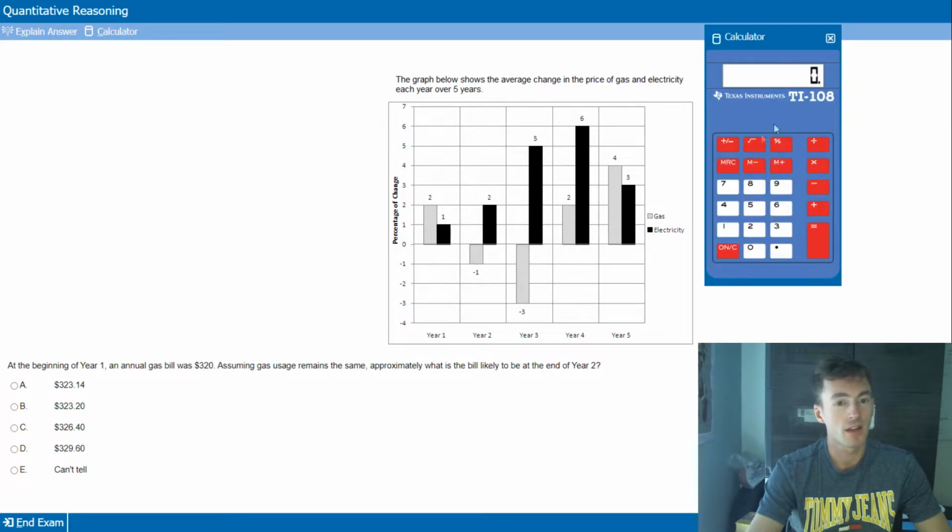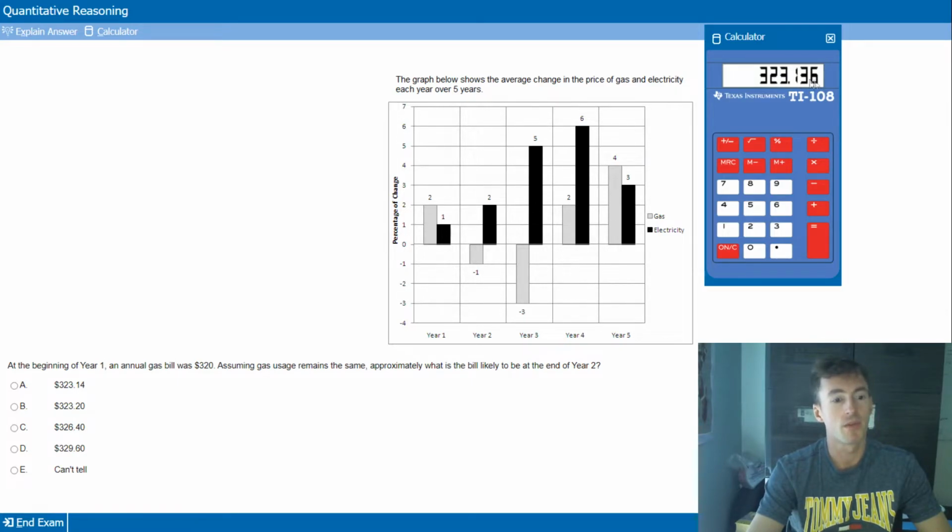So let's get the calculator out. We have £320 and we have to increase it by 2%. Increasing by 2% is just timesing by 1.02. That's 326.4. And then we need to decrease this number by 1%. How we do that is we times it by 0.99, because this is like saying what's 99% of this, because we're getting rid of 1%. And that's £323 and